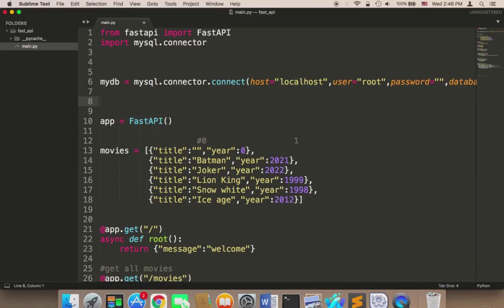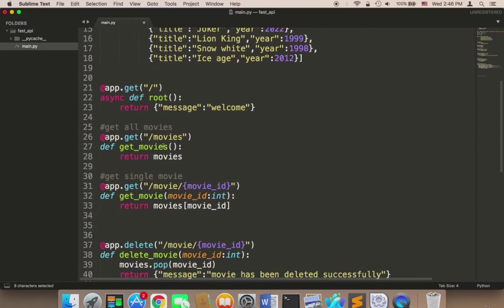We need to create a new variable called myCursor. myCursor is equal to myDatabase dot cursor. This function is going to create a cursor, and this myCursor is going to be used throughout the application to get and do anything with the database. So this is the first step, which is creating the cursor. The second step is that now in any function we can use this cursor to execute anything we want and